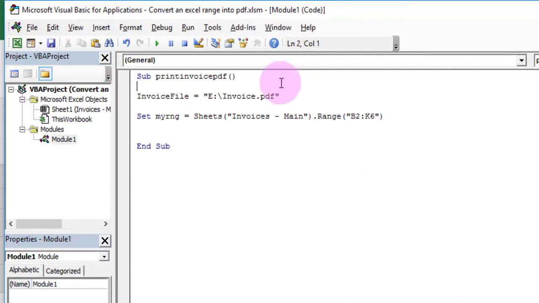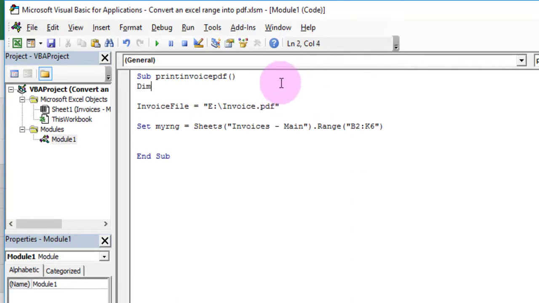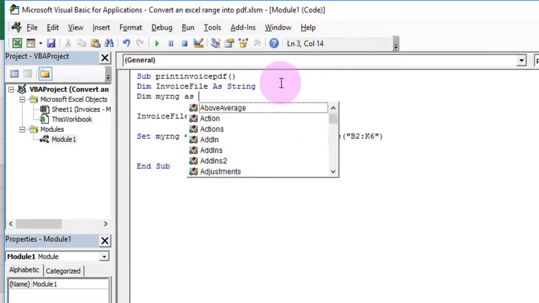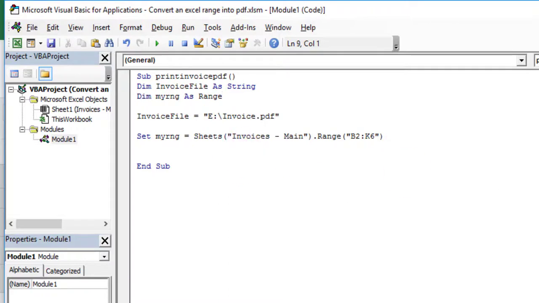Let us declare all the variables used in the program. Here, we have used two variables. Declare each variable of suitable type. Now, as the last step, you need to define the document type.